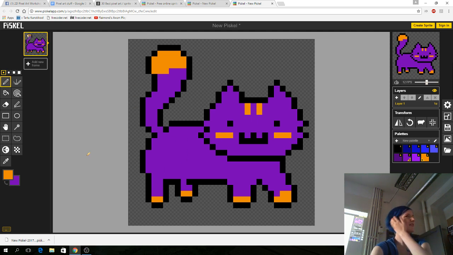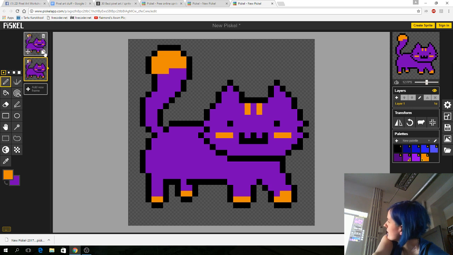So yeah, I'm not going to shade right now because I'm going to add some special effects afterwards, so I'm shading it afterwards. So this is my cat character, whatever it is, purple cat character, and I'm going to animate it now. And for that I'm going to add some new frames. I'm going to duplicate these frames, and I think we should do